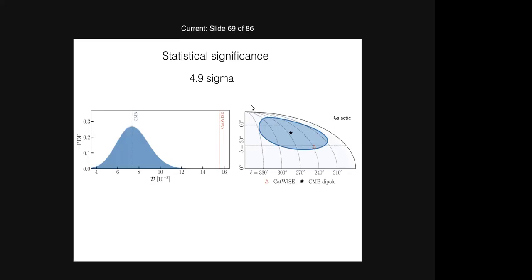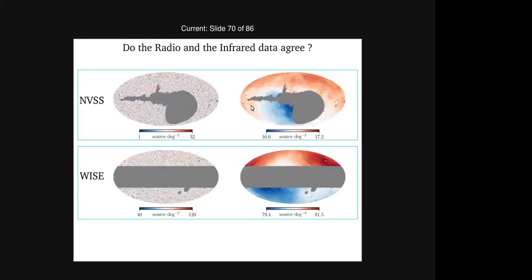Note that this data is independent from the radio sources. This is infrared. Those were radio sources. This is space-based. That was ground-based. Do they agree with the radio sources? So in a work that followed up the quasar work, we went back to the radio data. We only looked at the NVSS. This is NVSS data. We didn't patch it up with SUMSS to avoid generating systematics.